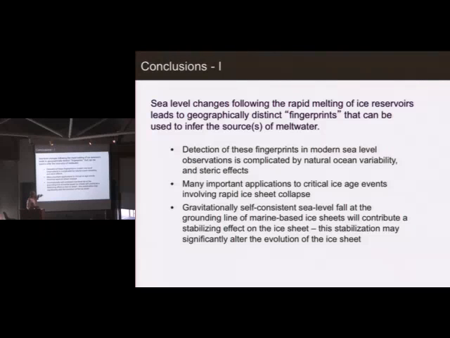Okay, so these are the conclusions, and I have 15 minutes, so I'll use it for the next part of the talk. But certainly, the main motivation of modern sea level research now is to fingerprint the sources of meltwater. That's true whether you're looking at sea level or any other sort of geophysical signal associated with that melting. We were talking at dinner yesterday about a young scientist, Mark Tamassi, who's at the Proudman Institute of Oceanography,